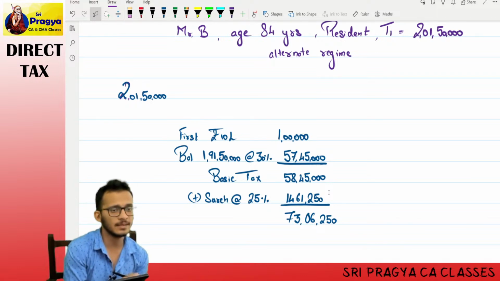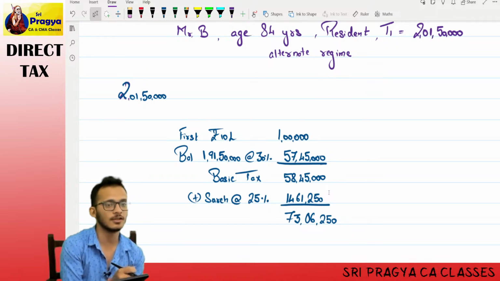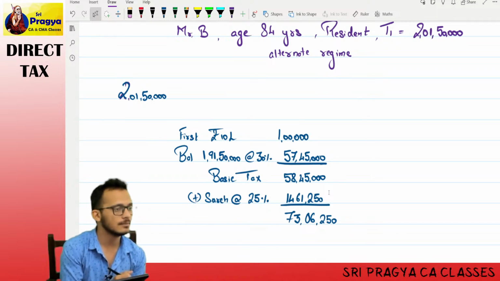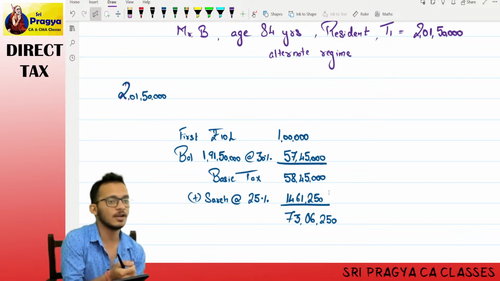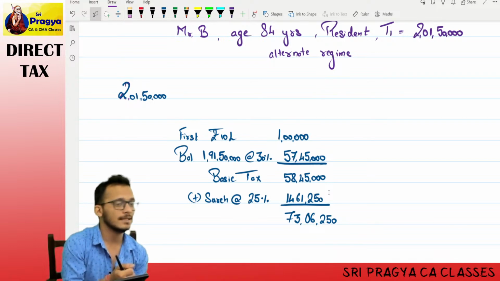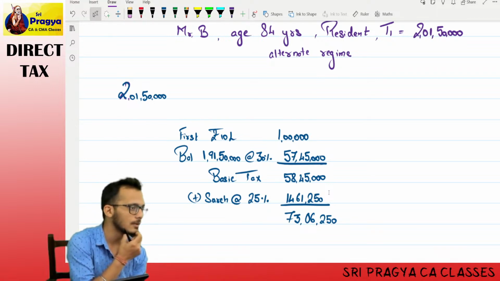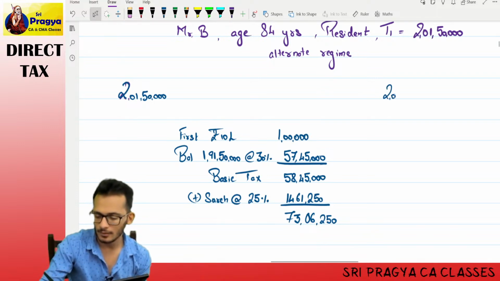If you notice, the income is very close to 2 crores, which means if it would have been 2 crores, the lower rate would have been 15, so I took a 10% jump just because I earned an extra 1,50,000. So let's check what will happen if we go for 2 crores. Yes, on the right side, 2 crores.